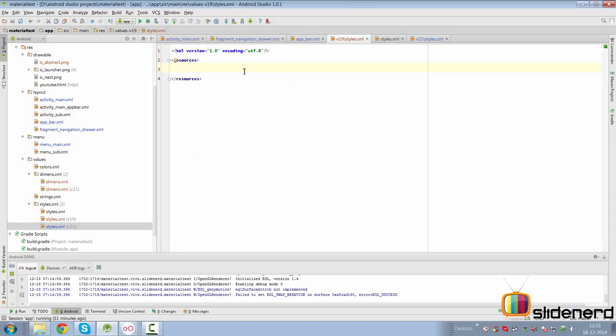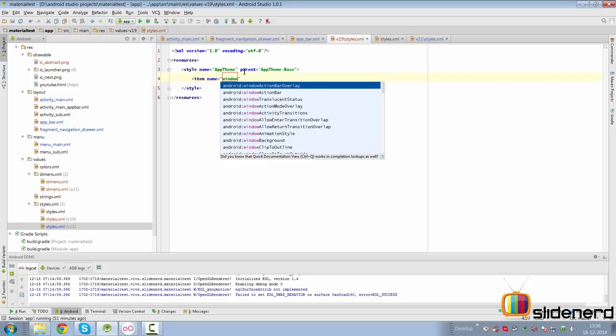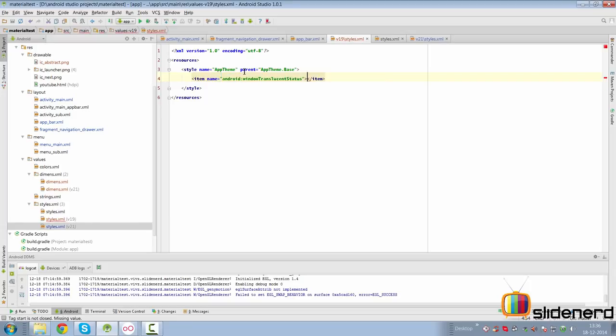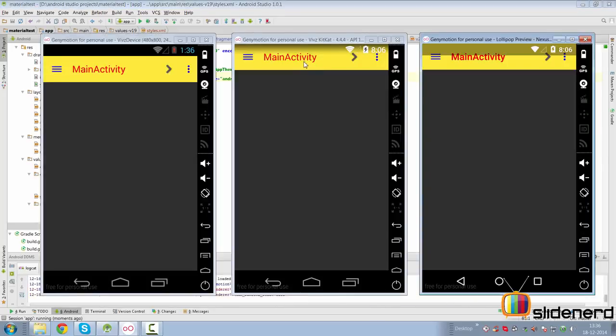So I can go here to styles and I can say simply style, name is app theme, the parent is app theme.base here. So once I do that, I can directly specify an item for window translucent status, and I can make that true here. So that takes care of making our status bar translucent. Let us see the effect of this now. As you can see now our status bar has become translucent even on KitKat, and the toolbar has been pushed